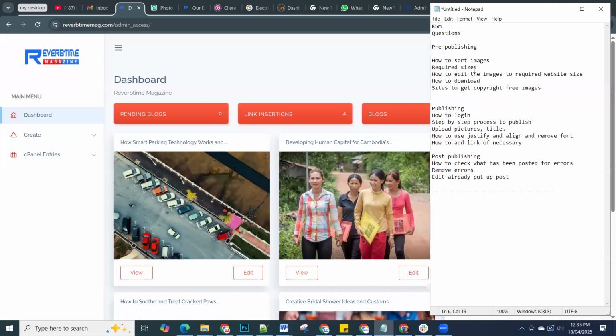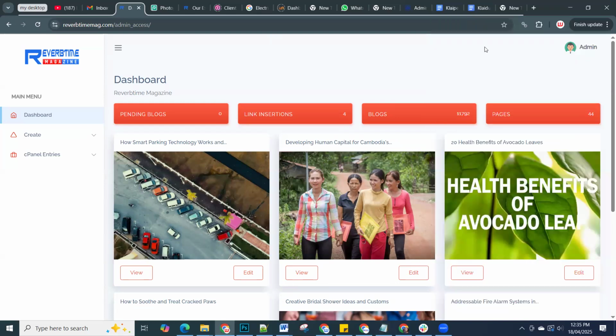All right. So, yeah, the first question is how to sort images, right? Yes, how to sort images. Okay, sort images, what do you mean? Okay, so it's how to search for images, yes. Okay, search for images. Usually what I do is